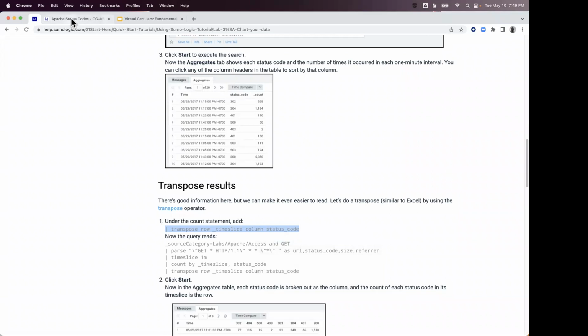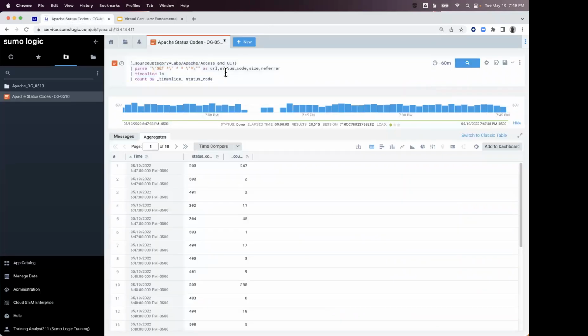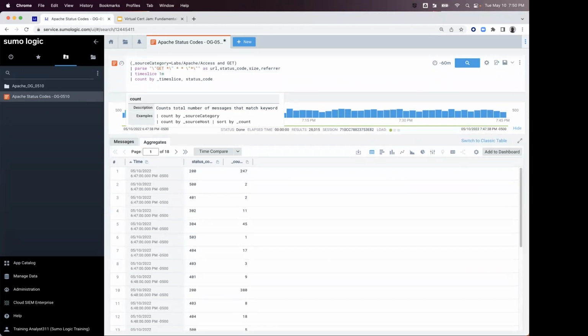We're going to go back to our CIP and add another line. We want to add that transpose as the last line of code. So we're placing our cursor at the end of the count by statement and adding a new blank line. On my Mac, I'm using Shift Return. On anything other than a Mac, you're using Alt Enter. And then I'm pasting. If we take a look at this statement here, it reads,